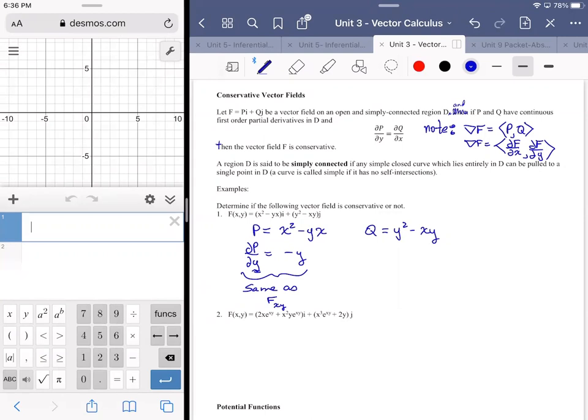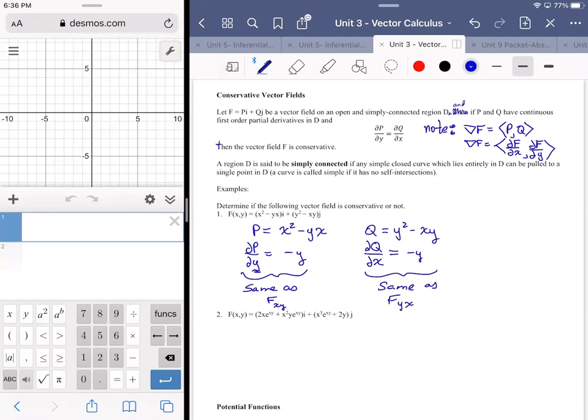When I find the partial with respect to x of Q, I also get a negative y. This is saying the same thing as the mixed partial yx, f sub yx. These two things should be the same if we're going to say that the original function is